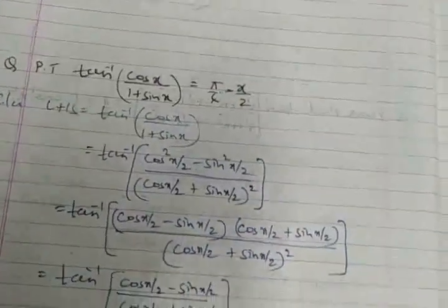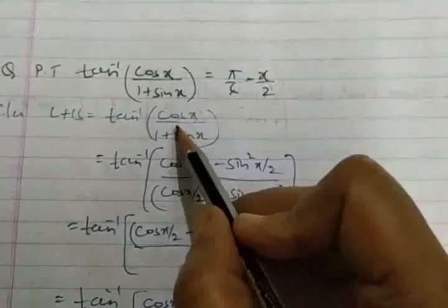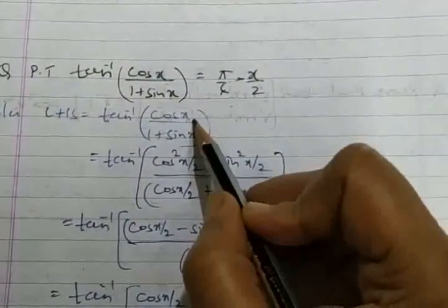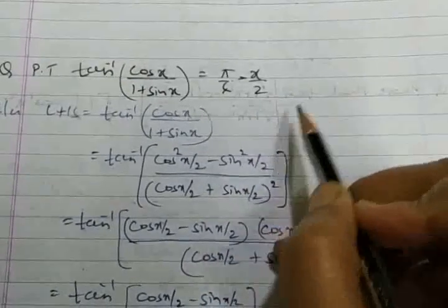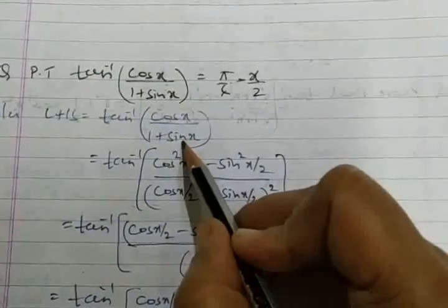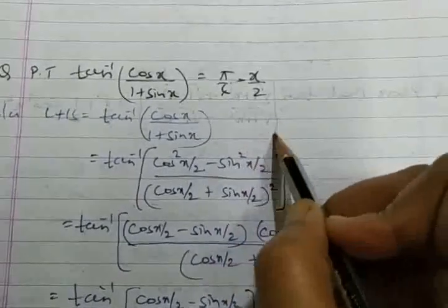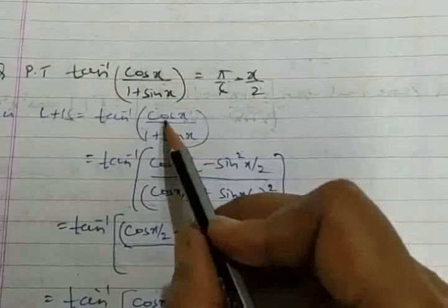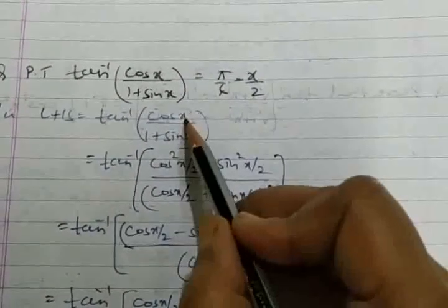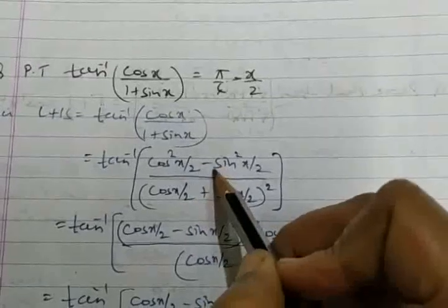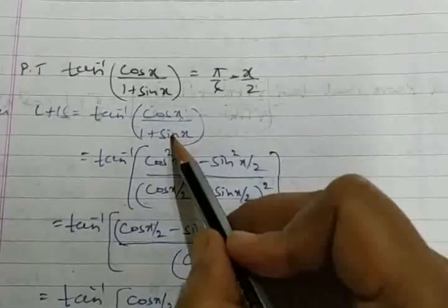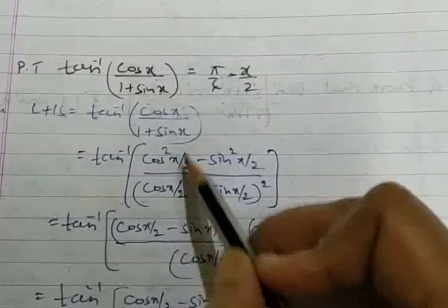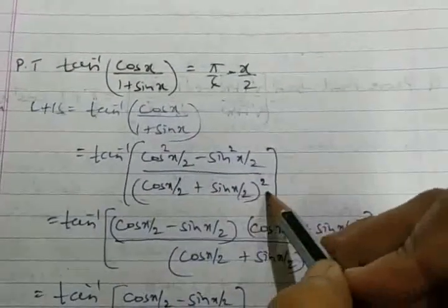Okay, so be careful about the angle, and accordingly here we find cos x. So what comes to your mind? A square minus b square. What about this 1 plus sin x? Say it is a perfect square, a plus b whole square. Got it? So pay a little attention to the angle. This results to cos square of x by 2 minus sin square of x by 2. What about this? It's a plus b whole square, where a is cos x by 2, plus sin x by 2, whole square.